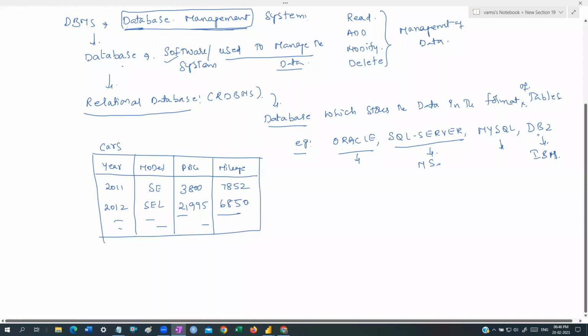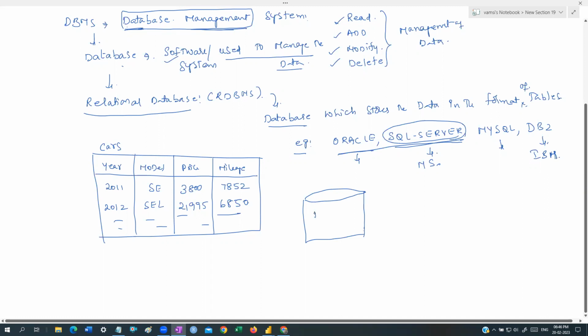Nowadays, SQL has come into almost every area, guys. Later we'll work on that. So Oracle, SQL Server, MySQL, DB2, so many databases are there. We are going to use a SQL Server database, guys. Now, okay, fine, there is a relational database, but how do you read the data? How do you add the data? How do you modify them? How do you delete the data? For that, there is a simple technique, guys. Look at this concept, guys.